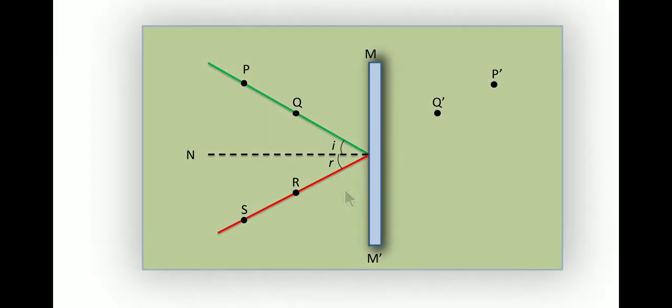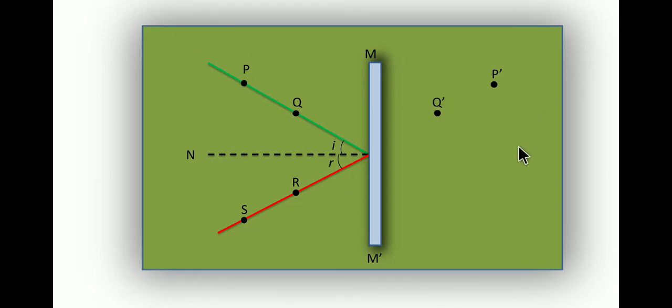Now if you remove the mirror and all the pins from the surface, you'll find that it lies on a flat surface or plain paper, and the incident ray, the normal, and the reflected ray were everything lying on the same paper. That means it was lying on the same plane. So this verifies the second law of reflection, which states that the incident ray, the reflected ray, and the normal at the point of incidence all lie in the same plane.